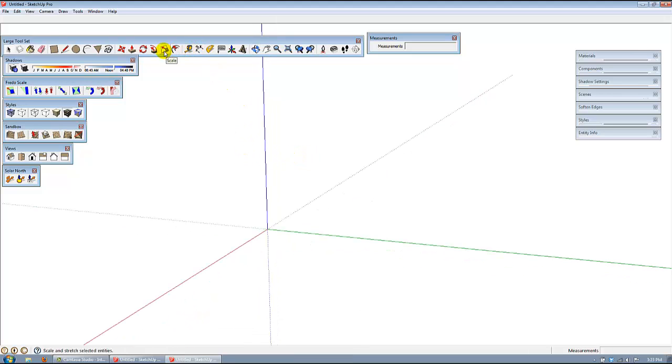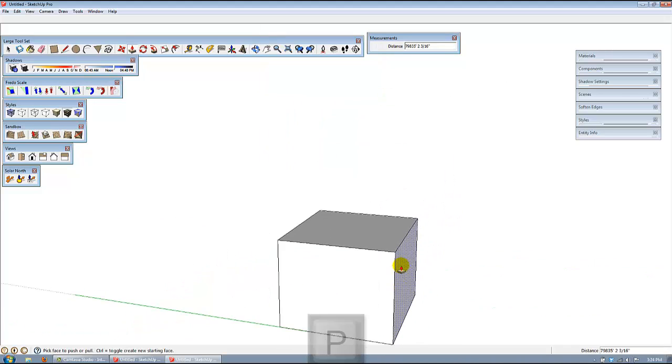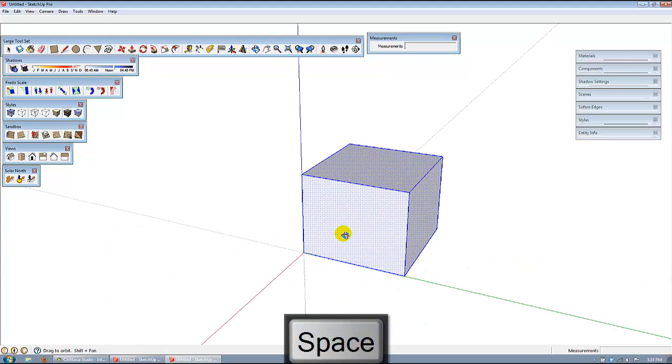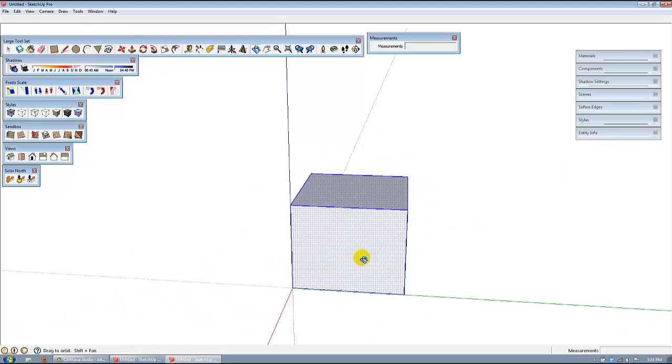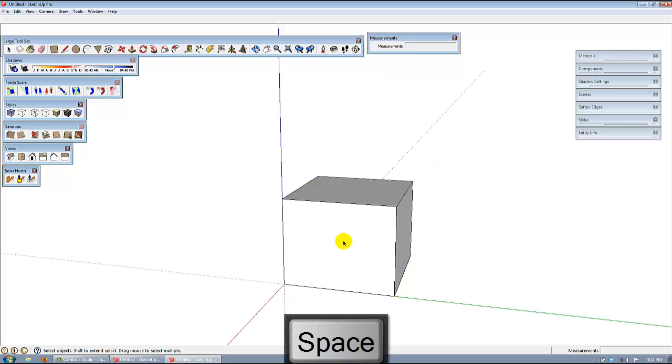Can do many different things. So the scale function, we can scale a box down. So triple select to select everything. You triple select on any object. It'll grab everything that it's connected to that's ungrouped. And we click the scale tool, or the shortcut for the scale tool is, once again, if I select everything,